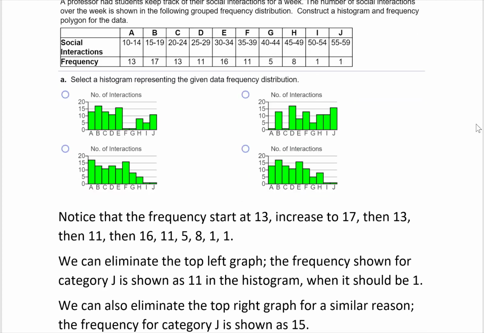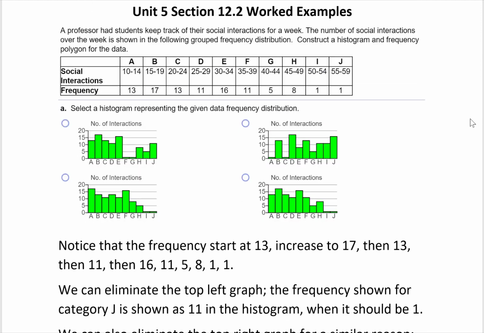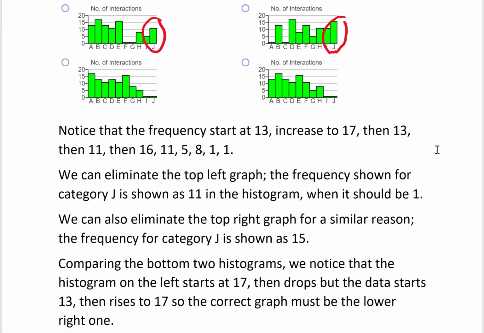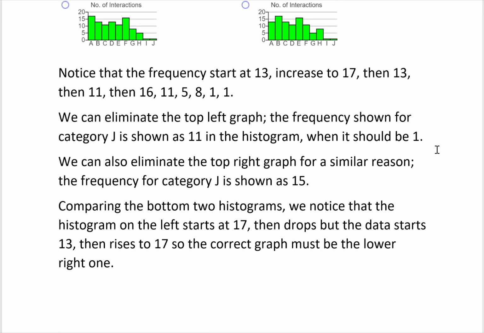The frequency shown for category J right here is too high. We notice I and J should only have frequencies of 1. And likewise for this graph also, frequency for J is too high. So we're left with the two graphs on the bottom, and it's a little bit hard to tell, but if we notice on the two graphs on the bottom,